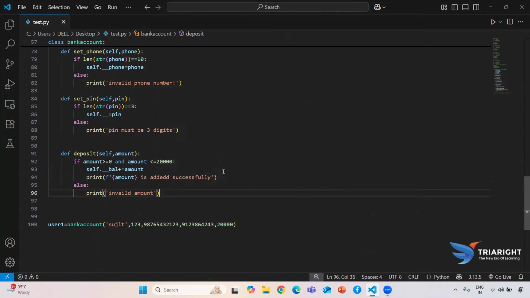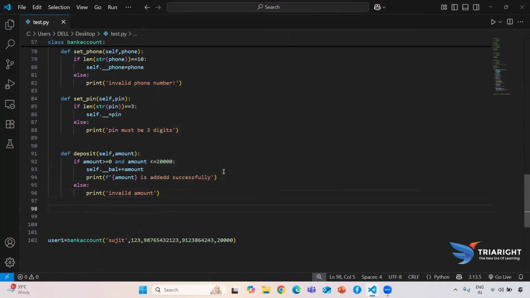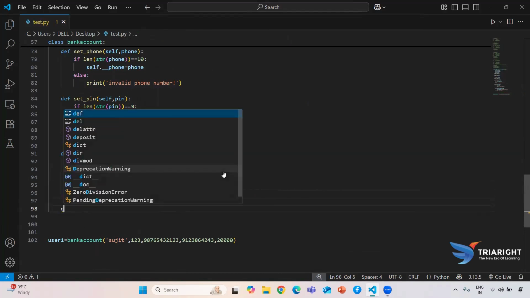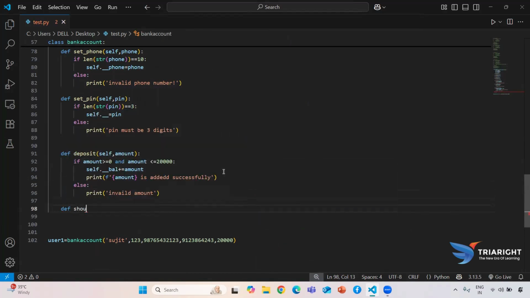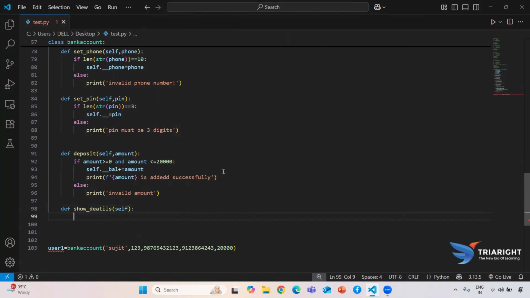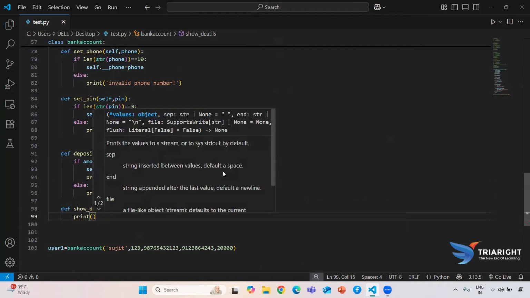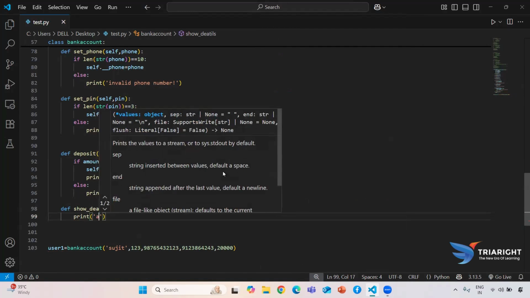Now if my requirement is that I want to get all the details, here also I need to create a method. So details. You can create n number of methods. Here also it will take one mandatory argument. So I need to write all the details. Here I can write account